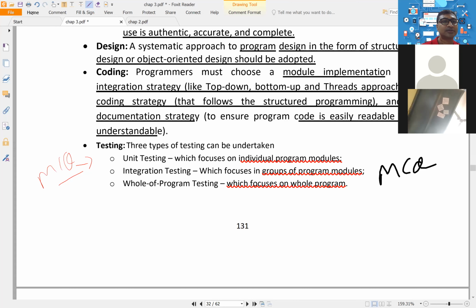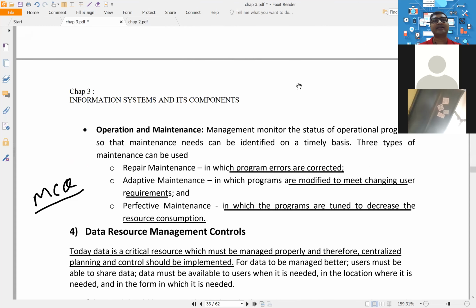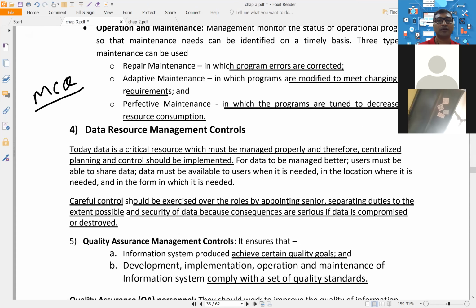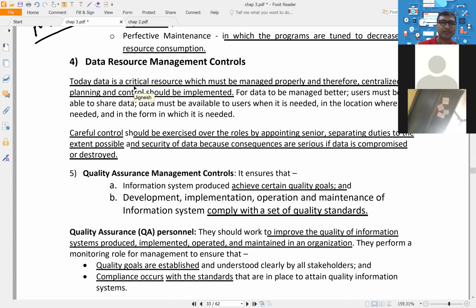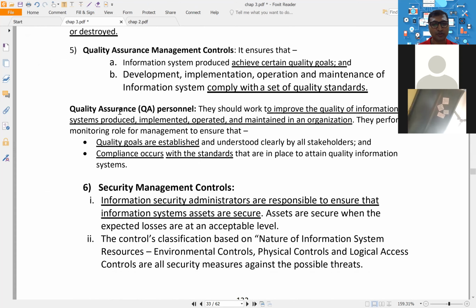Once the system is tested, we start implementing, but after that maintenance will come into the picture. Normal problems, repair maintenance. As per user changes, adaptive maintenance. And when you want to create a good system, you want to improve the system, then perfective maintenance will come into the picture. Apart from that, data resource management, quality assurance management, small topics which you can do on your own, security management,